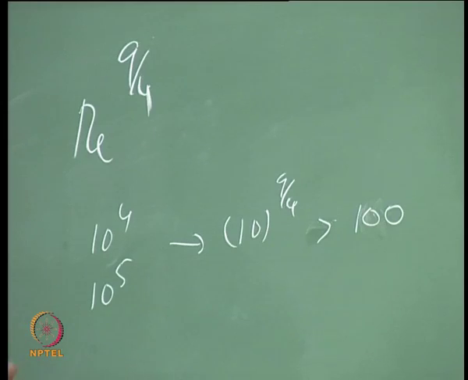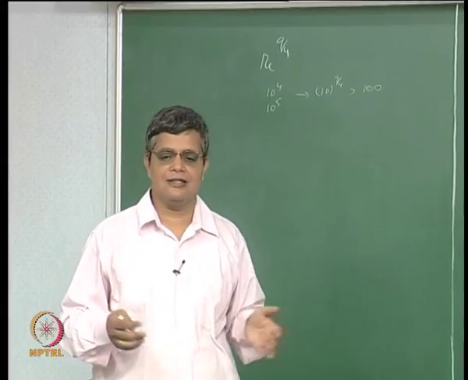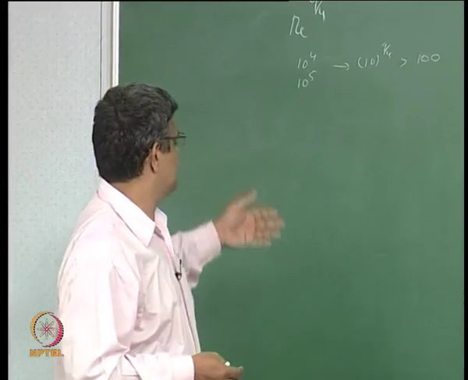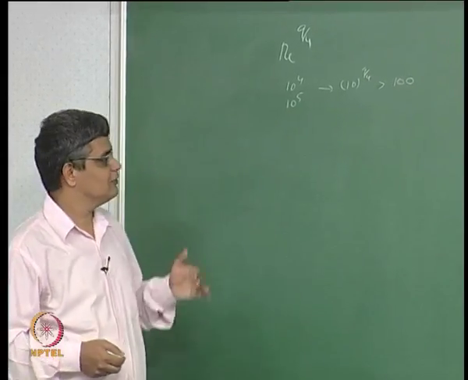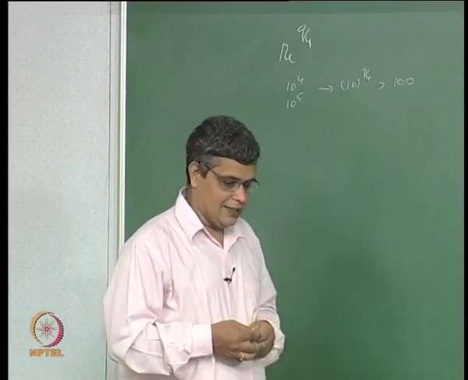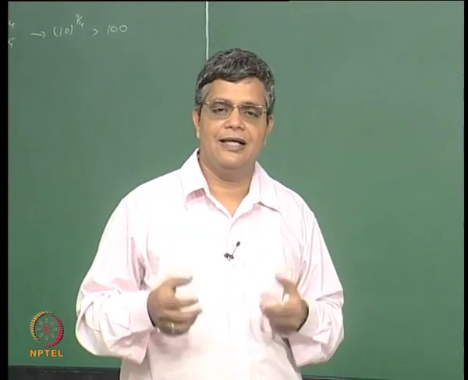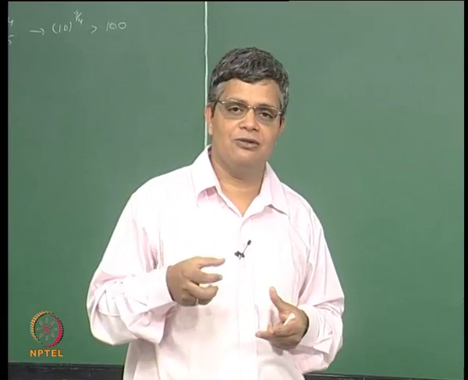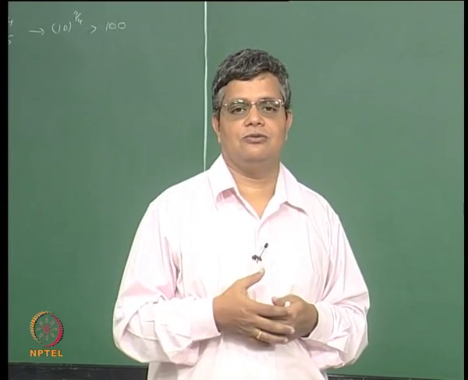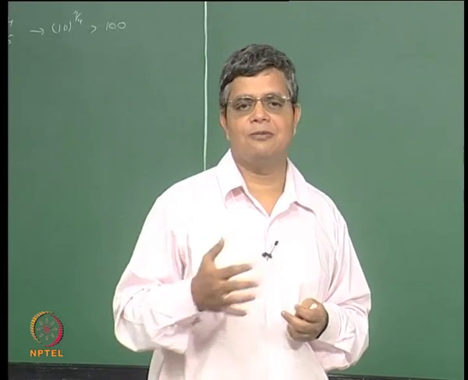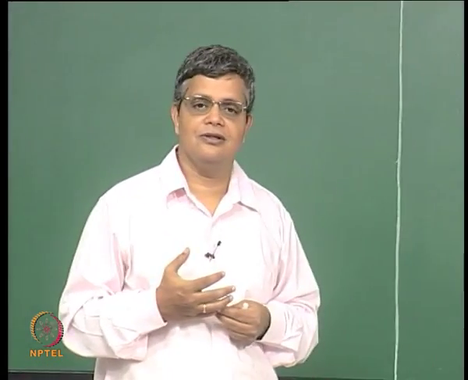And even 10 to the power 5 is not really industrially a large Reynolds number. If you are looking at flows in ducts in a large industrial concern, typically the Reynolds numbers may be of the order of 10 to the power 6, so that would be even more. Okay. So from that point of view, approaching calculation of turbulent flows directly by the solution of the transient 3 dimensional form of the equations, which is what we can do now, does not make a reasonable proposition, and one has to come up with a more